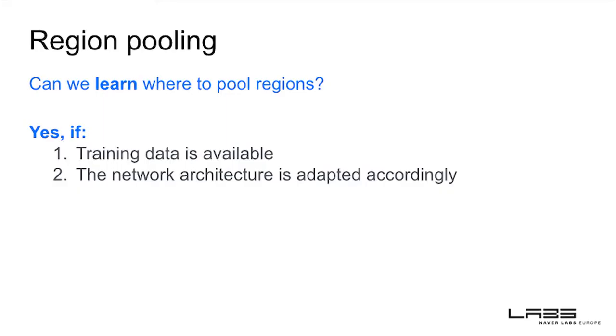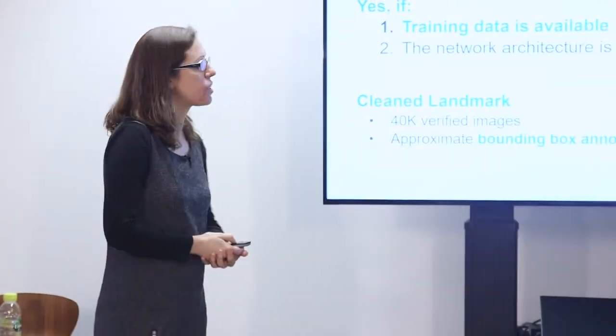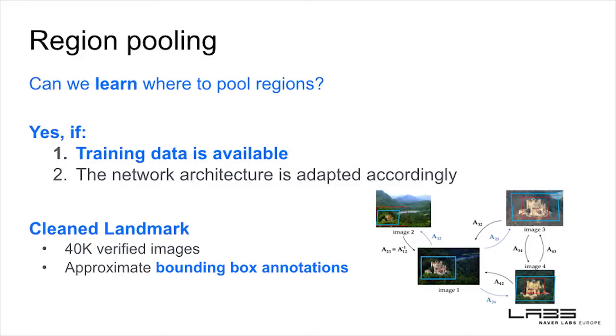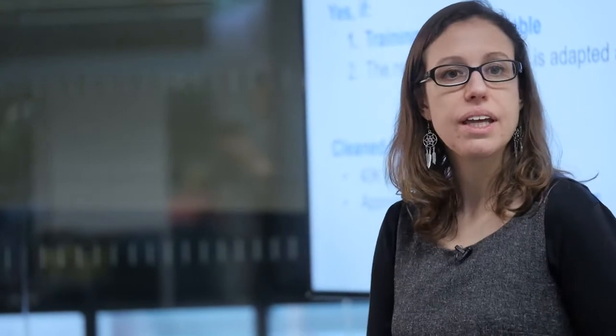So that's another question we ask ourselves. Is there a way we could extract only interesting regions and not focus on the background? In other words, can we learn where to pool the regions instead of taking everything? And once again, the answer is yes, if the right training data is available, but also if the network is adapted accordingly. For the training data, remember, we had our clean landmark dataset, where we had these 40,000 verified images. As a byproduct, we could predict bounding box annotations by just looking at where the interest points would fire. So we have an estimate of where the landmark is. We're going to use this annotation, although it's not perfect. It has been generated for free. And we're going to train